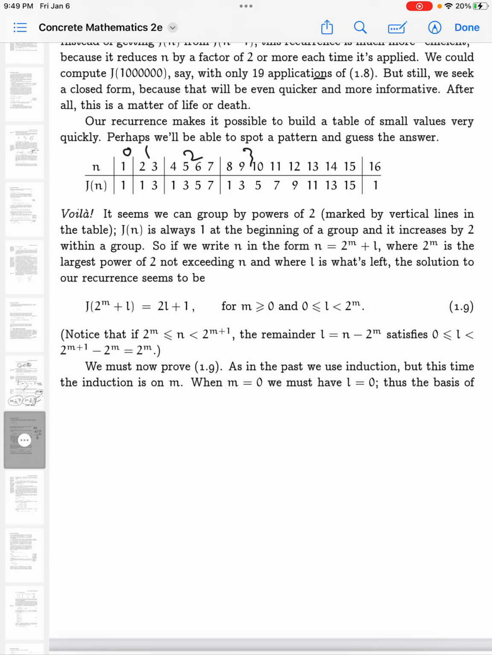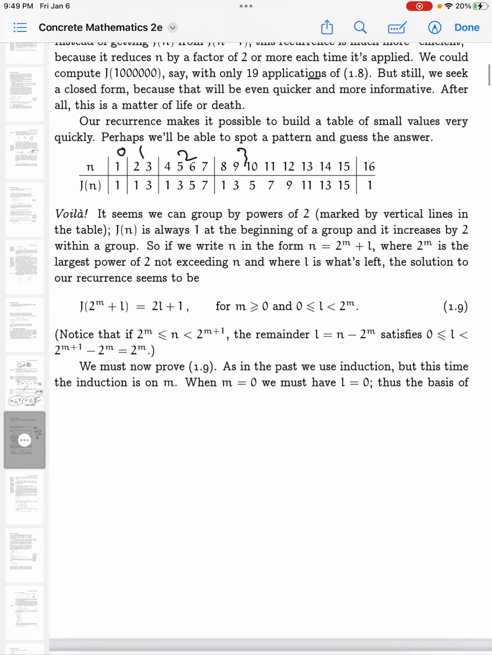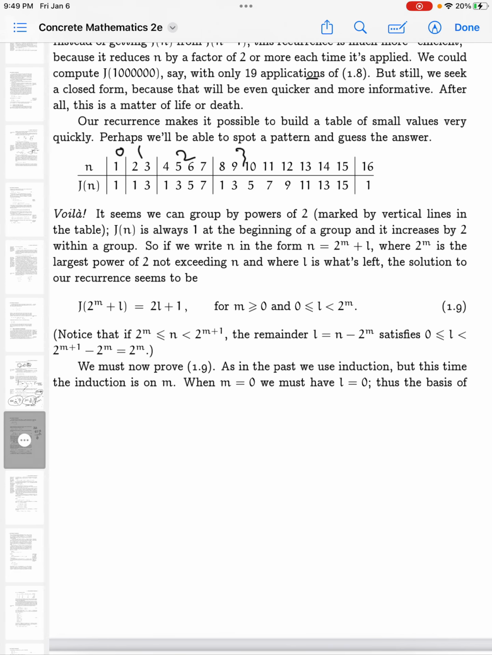How far it goes is like 2 to the power of m. So what we mean by that is Jn is always 1 at the beginning of a group, and it increases by 2 within a group. So if you write n in the form,